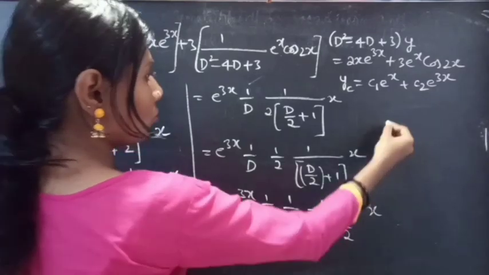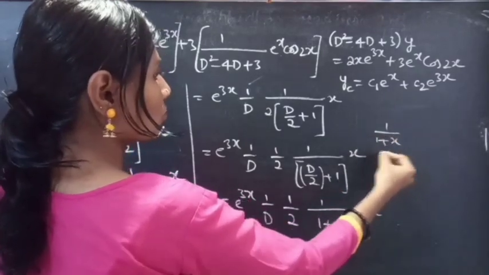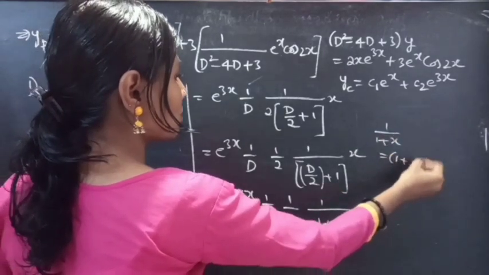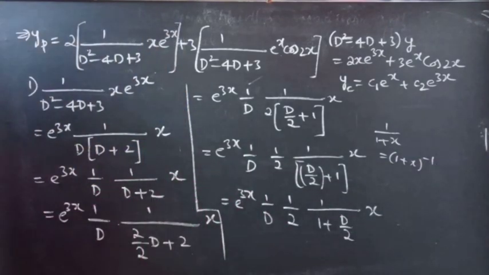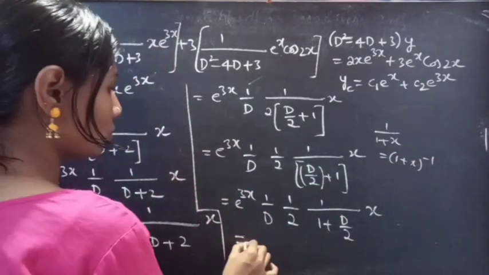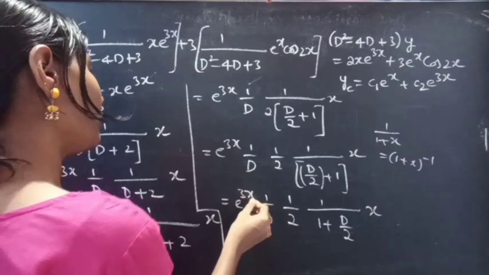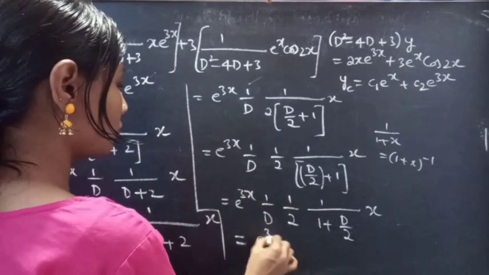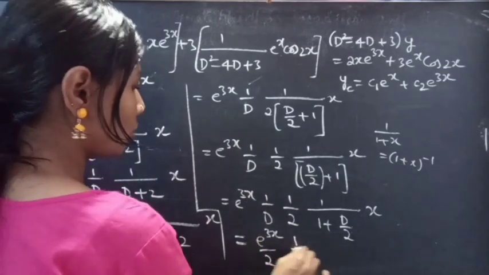So this is of 1 by some 1 plus x form. We can write it as (1 plus x) whole inverse, right? Which equals e power 3x into 1 by 2, that is e power 3x by 2, into 1 by D into